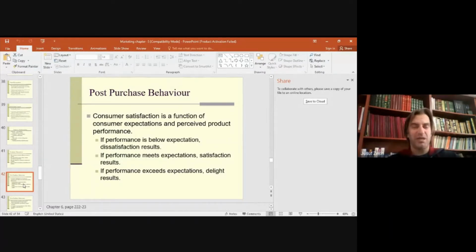and it is very rare that performance exceeds expectations. So in our life, we usually say, well, I bought something, but I did not expect it to be such a good product. So this happens very rarely. And now,